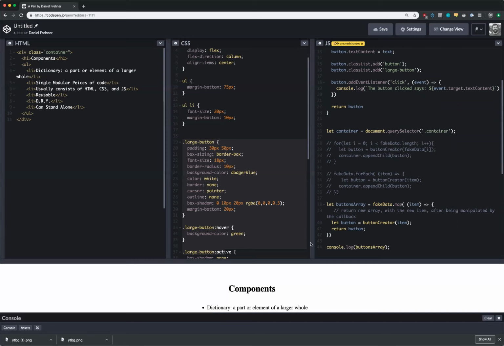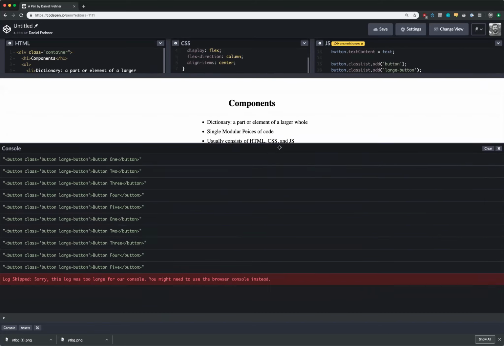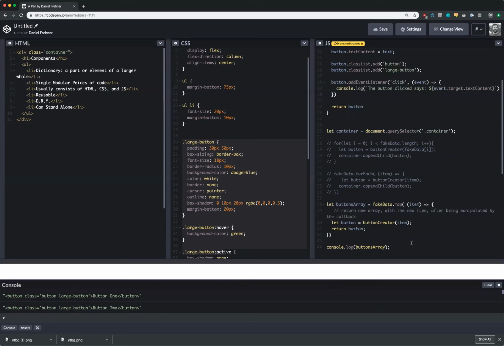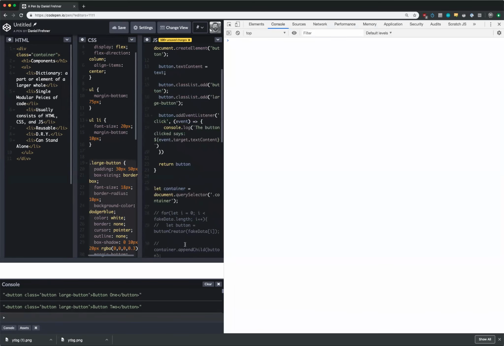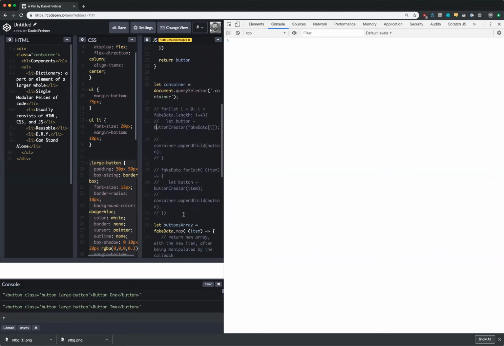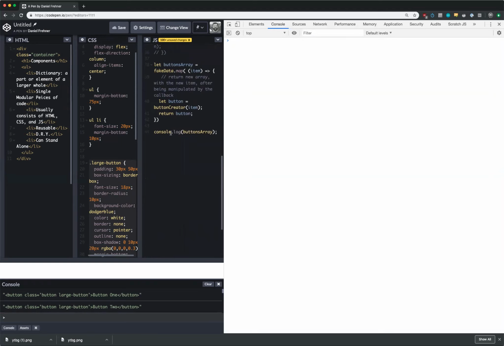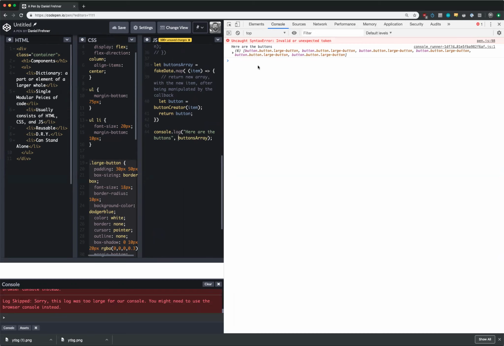that we have this new array of course. Open up the console itself. Let's try to get a little refresh on this. So console.log, "Here are the buttons." So now we got, here are the buttons, and we'll see that we have these 6 buttons, and this is a DOM element